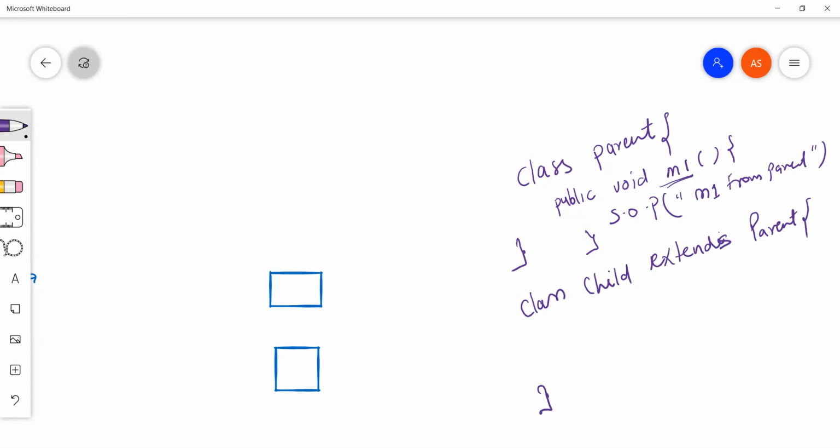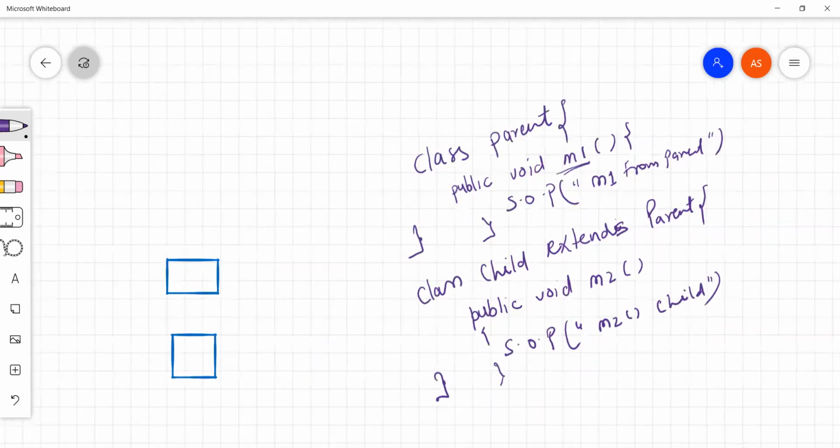Now I'm taking one more method here, public void m2, and here I'm writing System.out.println "m2 from child". So this is the code we have.